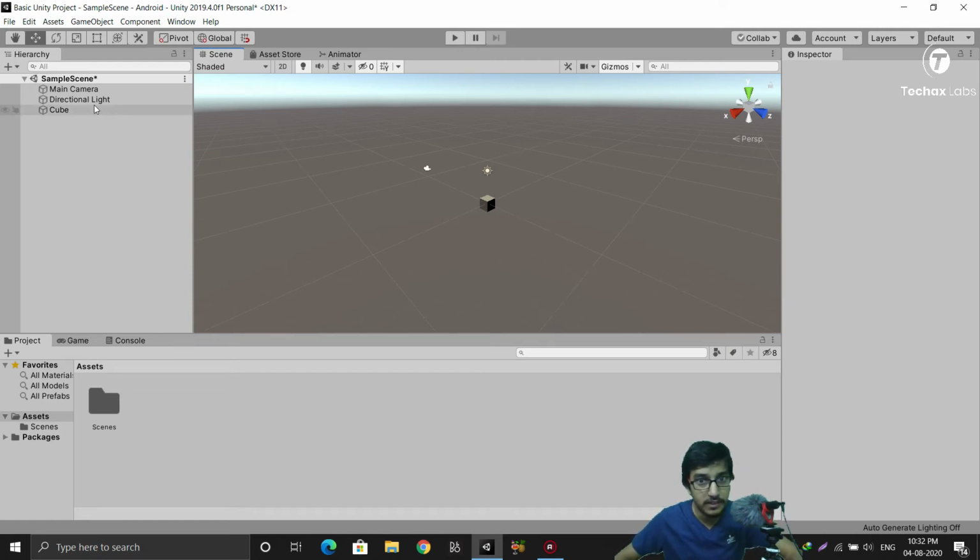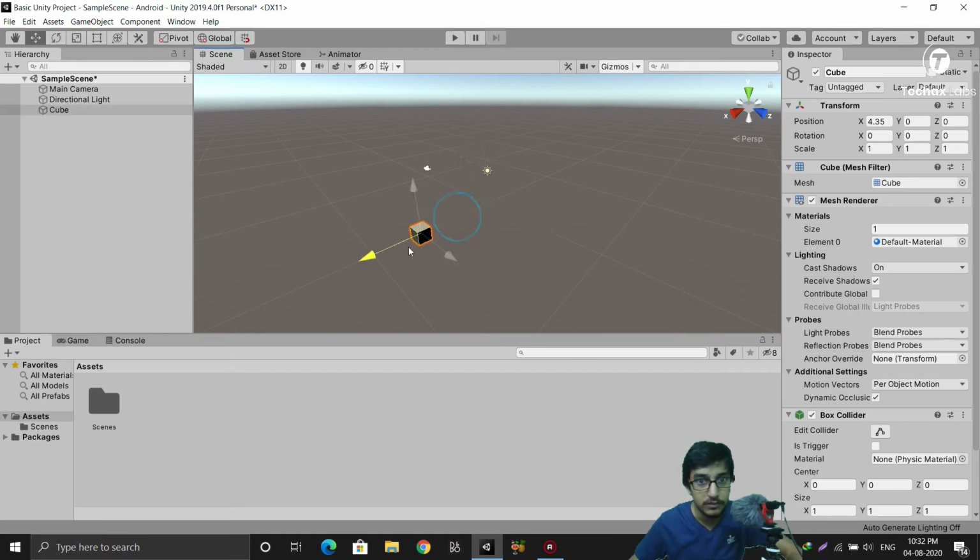So we select the cube. We can use the move tool to move the cube. We can use the rotate tool to rotate the cube in all three axes. Similarly, the move tool to move our cube in all three axes and the planes I told earlier. We can use this scale tool to scale up or scale down this cube, and we use this rectangle tool to increase the size of the cube in only 2 dimensions, that is from one side. And this tool does nothing new but is only the collection of all three tools.